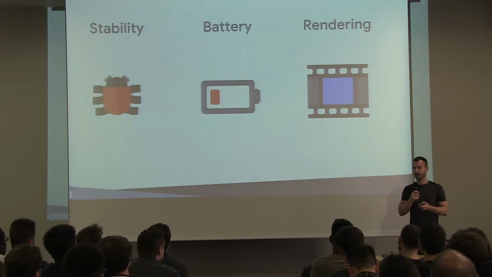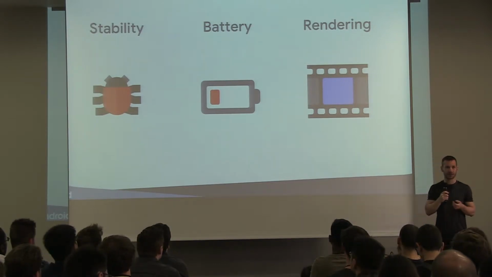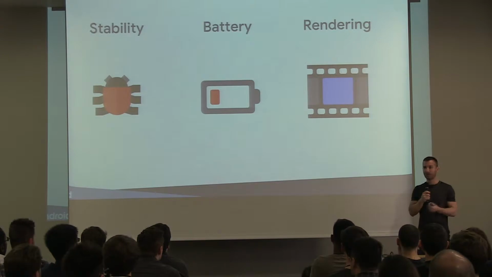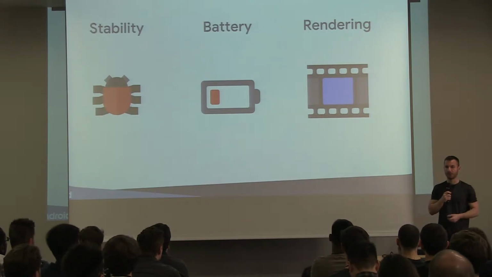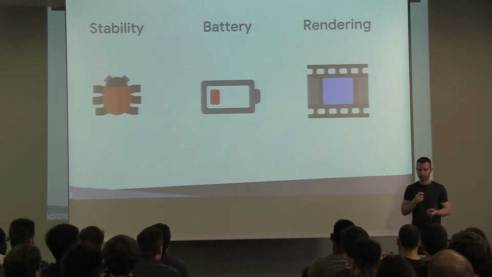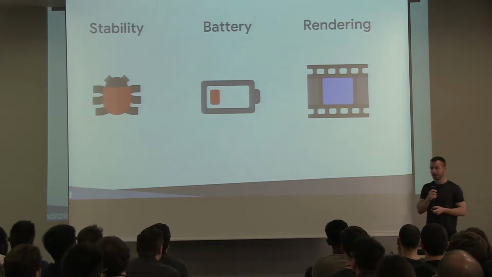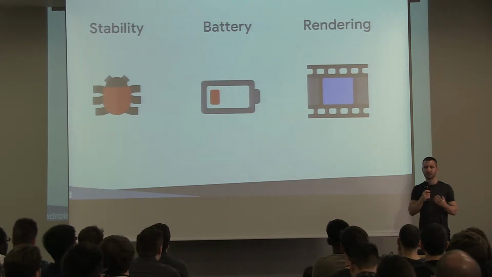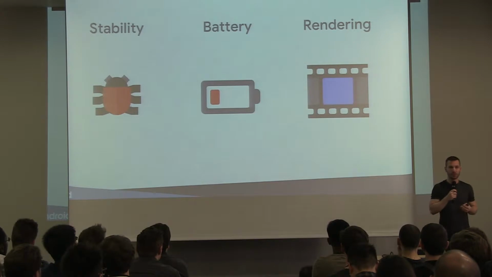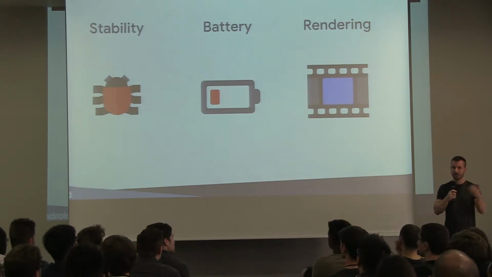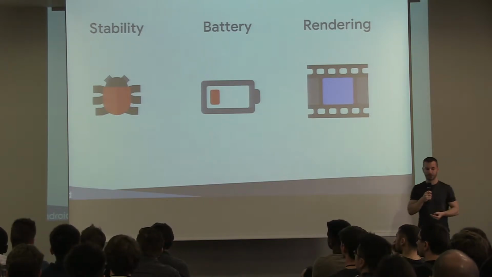So every user cares about battery life. Everyone would love their phone to last throughout the day and even the night. But all it takes is one app that does the wrong thing, and one app can take the whole phone down within hours, if it keeps constantly waking the phone up, keeps running in the background, and so on. And the third one is rendering. This is mostly about the smoothness of the UI, or what we call jank, like when the user scrolls a list, if it's a smooth motion or not.